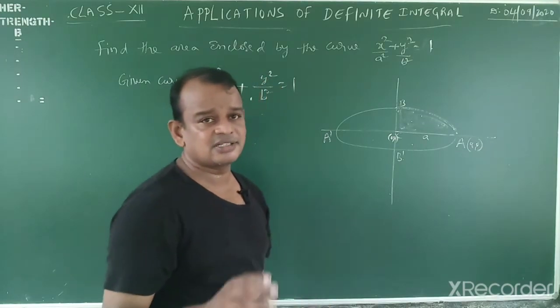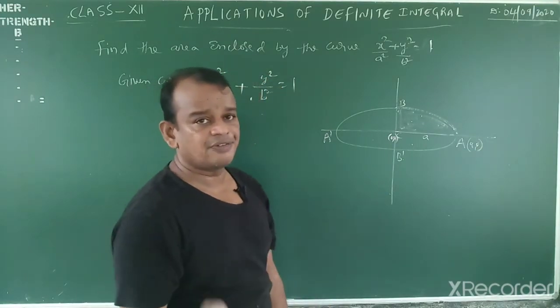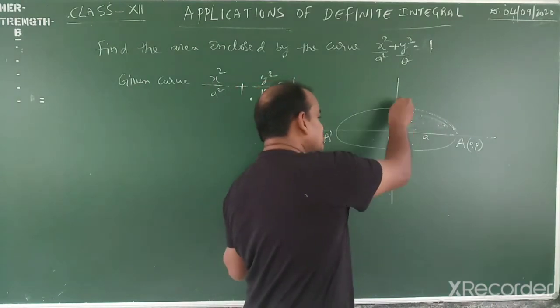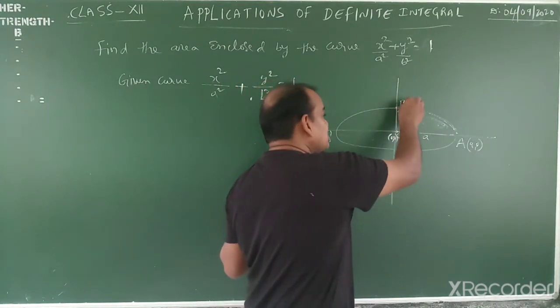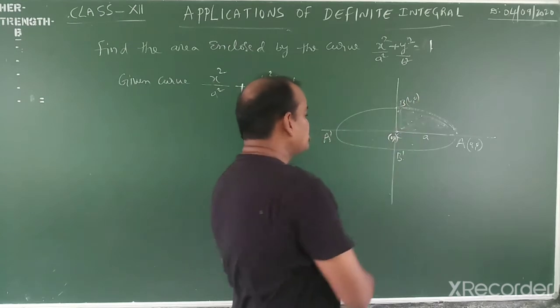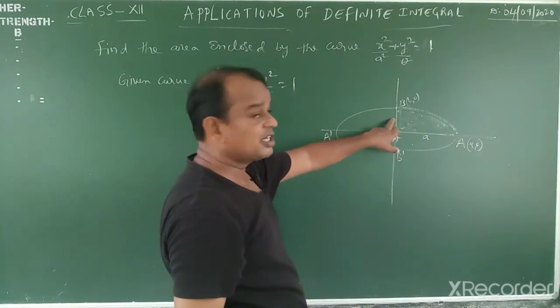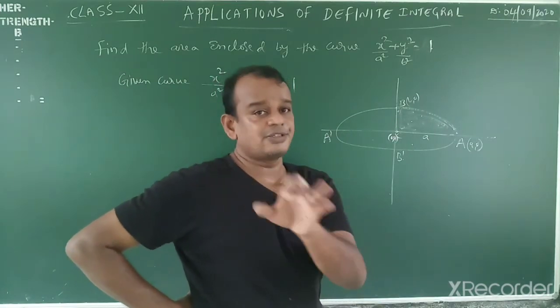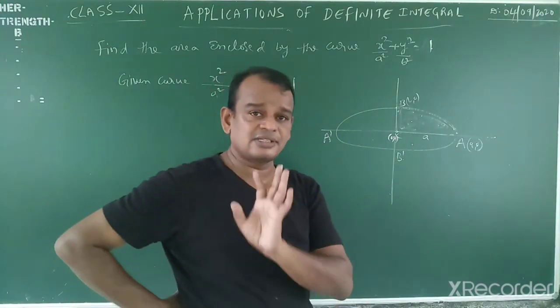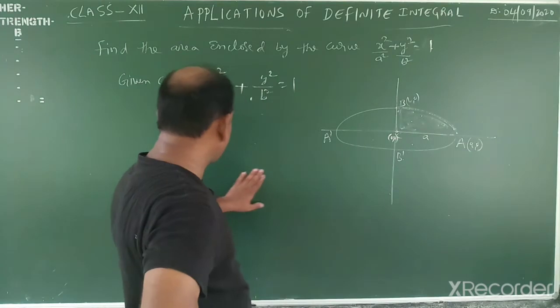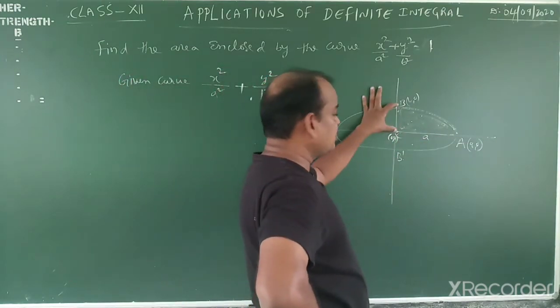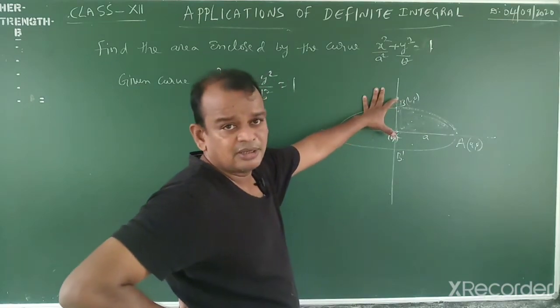Whenever you take the x-axis, the function is in terms of x, y is equal to f of x. Suppose the length from 0 to here is b. This is called the minor axis. This length is b, meaning the point is b comma 0. First we take the limits 0 to b with respect to the y-axis, 100% the function is in terms of y, so we find the x value. We get the same answer both ways, whether we work on the x-axis or the y-axis, no problem at all.